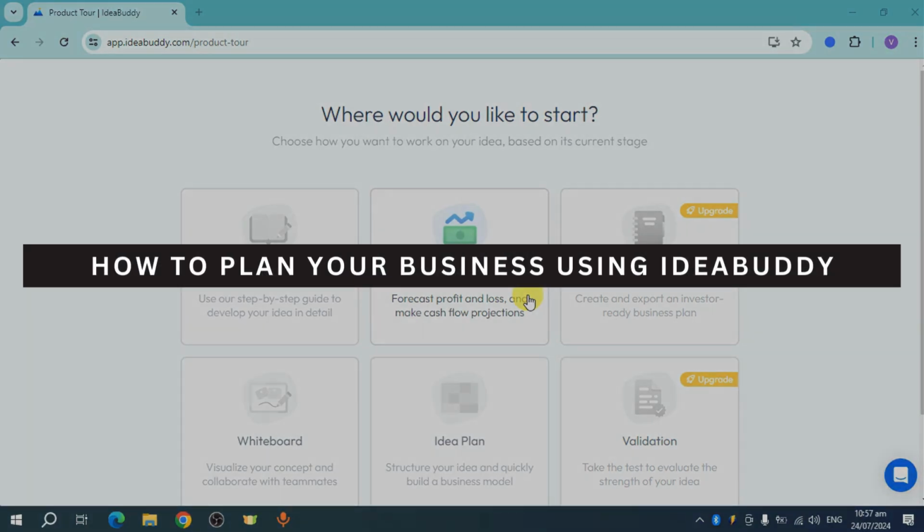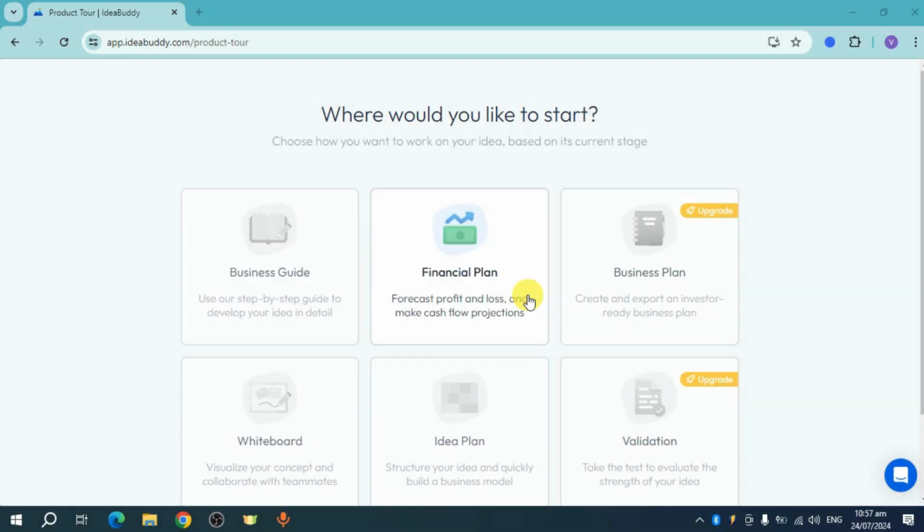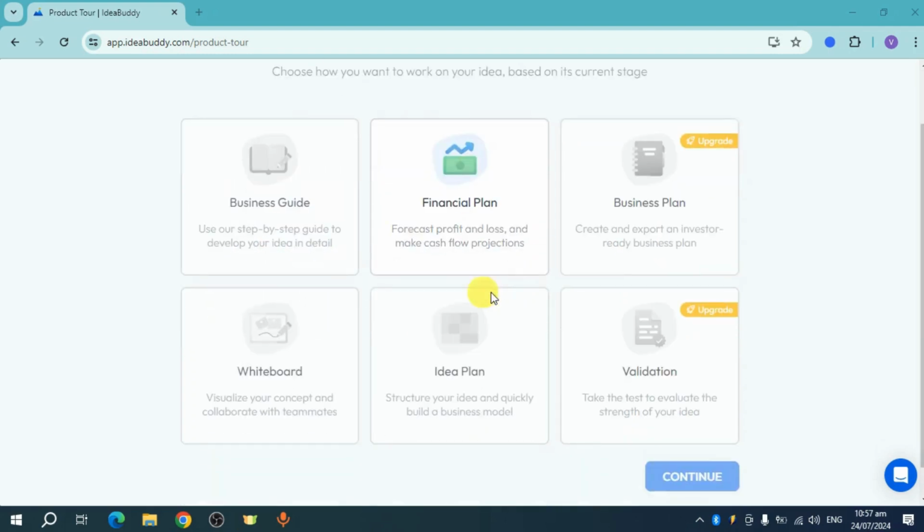How to plan your business using IdeaBuddy. In order to successfully do that, you just need to head over and then just reach this part of the IdeaBuddy onboarding. This will actually show once you're done with the onboarding process. You should be able to see in here this business guide, financial plan, whiteboard, idea plan, and we also have